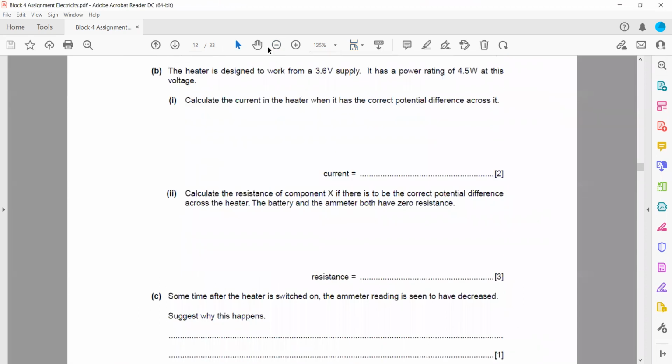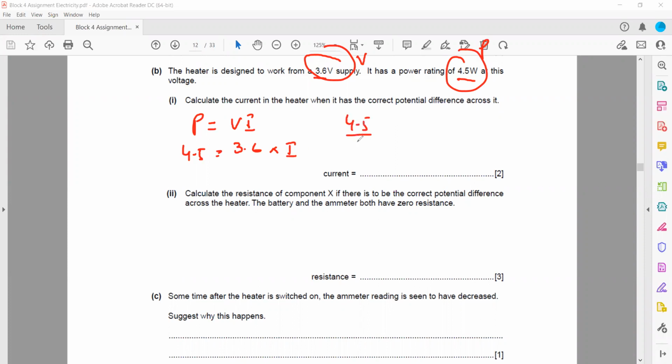The next part: the heater is designed to work from a 3.6 volt supply and a power of 4.5. Calculate the current. So we have the power of the heater, and we have the voltage here. This is the voltage, and 4.5 is the power. So P equals VI. 4.5, V is the voltage, which is 3.6, and I is the current. So it is 4.5 divided by 3.6, that's equal to 1.25. So 1.25 ampere is the current